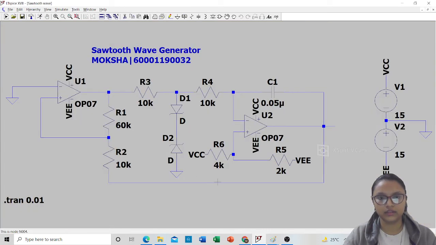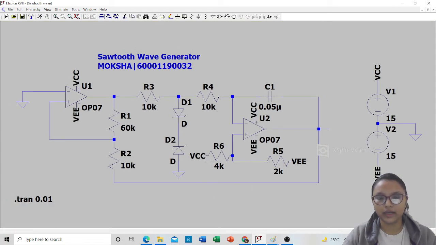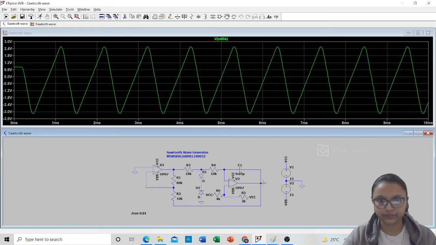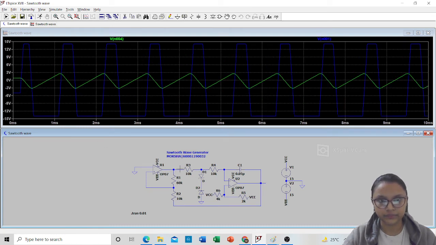Yeah, so this is the circuit for the sawtooth wave. Over here I'm using a potentiometer, and I can adjust the values of these two to get an output accordingly. So I'll just run right now. So at the output, you all are getting a sawtooth wave, and this is the input side. You all are getting a square wave. Now by adjusting the values of this R6 and R5, I can change the output.